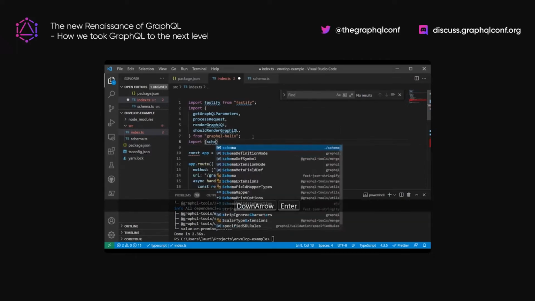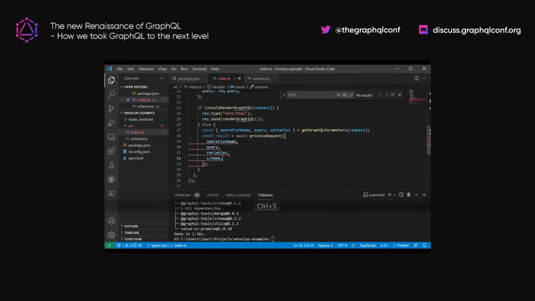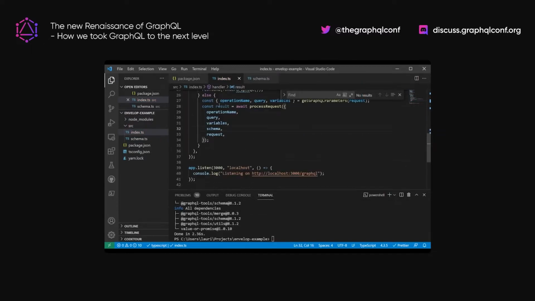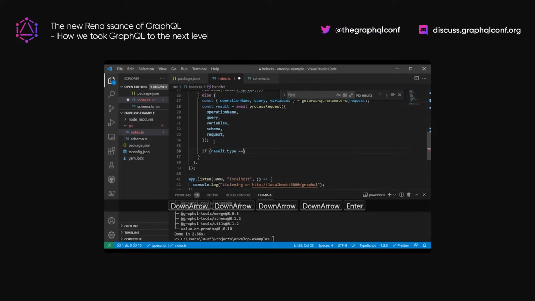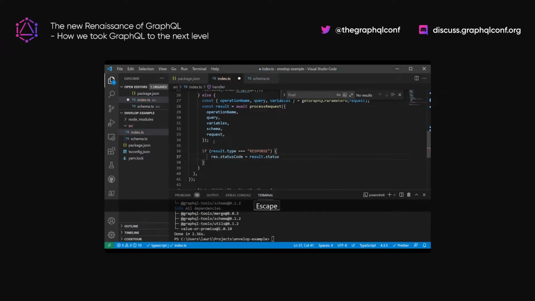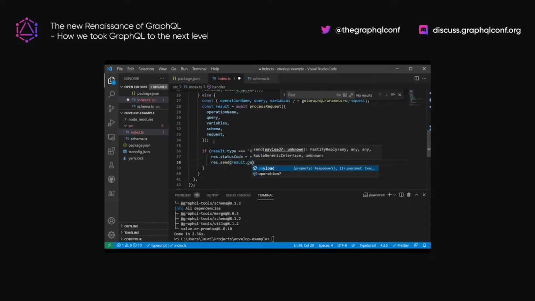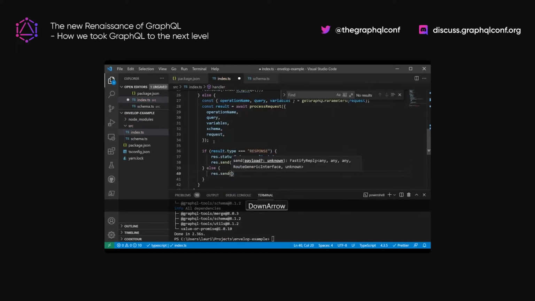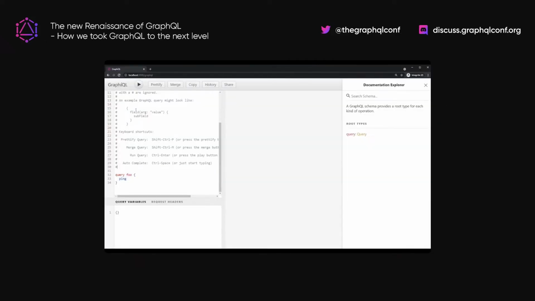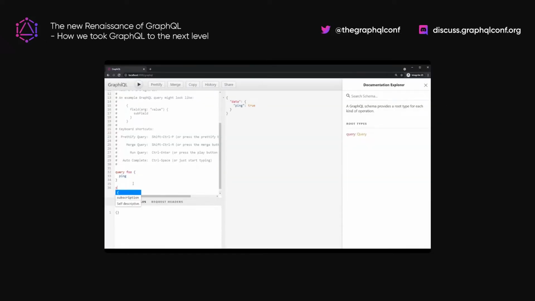So here, we're going to provide the schema, and we're going to provide everything that's needed. And GraphQL Helix just provides regular GraphQL JS, and it takes the results, and if it's a response, it just sends back the response. Again, regular Fastify code. All the rest is currently, let's say, not supported. It will be supported in a couple of minutes. So you run the server, and we send a query, and it works.